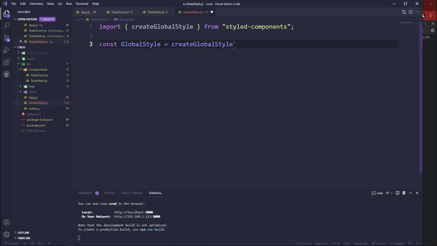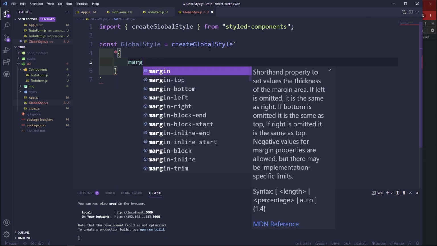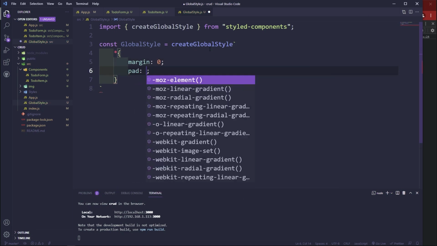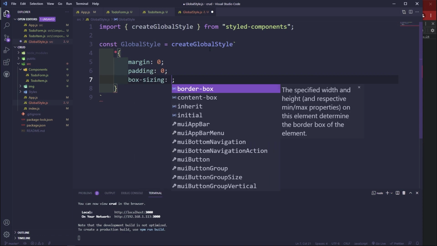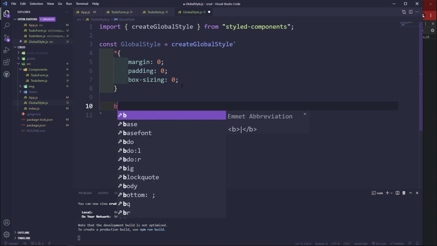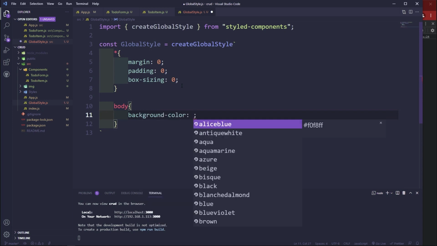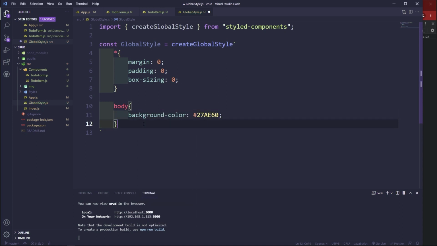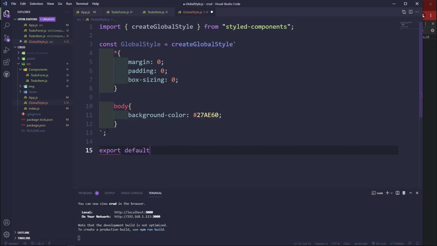Okay, and then in here we're going to do basic page resetting: margin 0, padding 0, box sizing 0. And then in the body we're going to set the background color to this green color, and then I'm going to export default